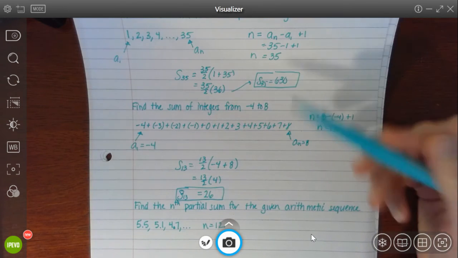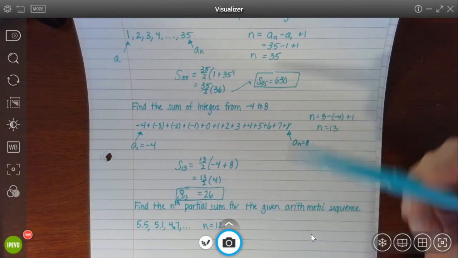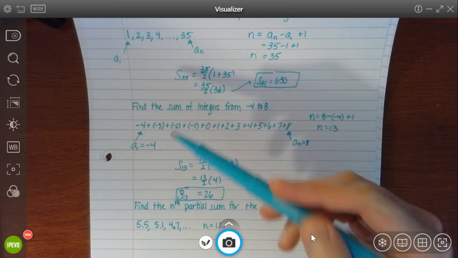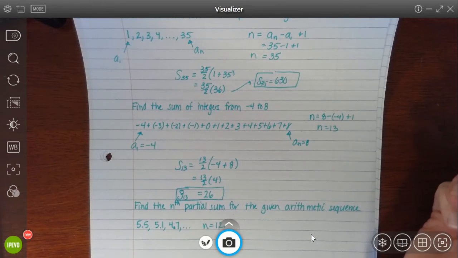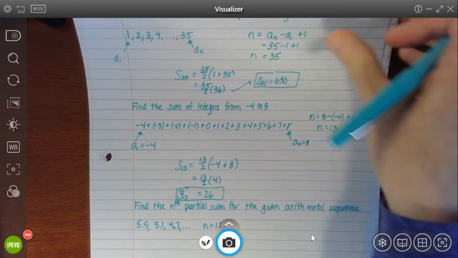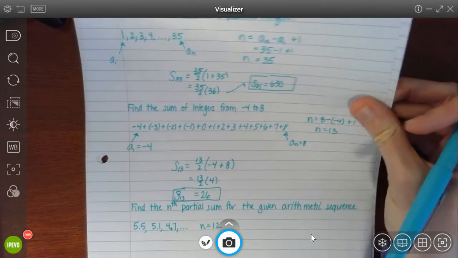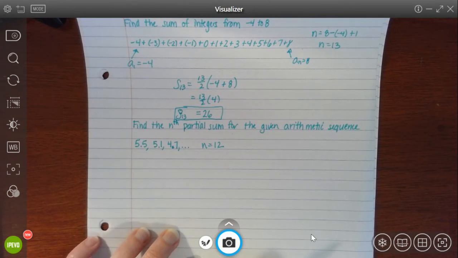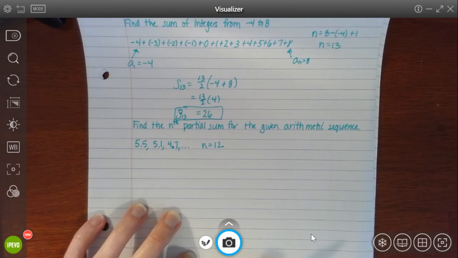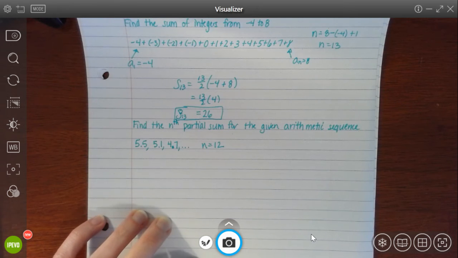Now, in these two examples, we were given integers, so we knew they were an arithmetic sequence because integers are those positive whole numbers, so they constantly increase by positive 1 as we move up the number line. But we can use this partial sum formula for any arithmetic sequence. It doesn't always have to increase by 1. So sometimes you might have to figure out the sequence yourself, and then that will help you determine what your